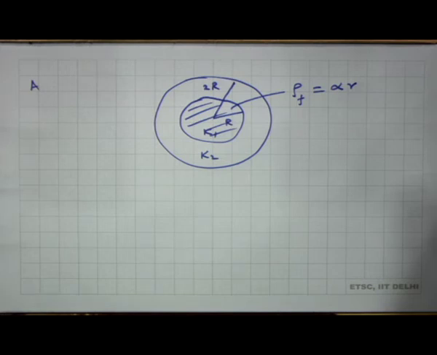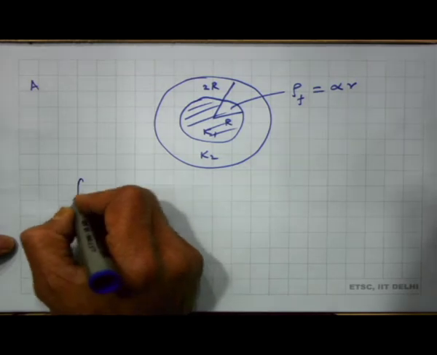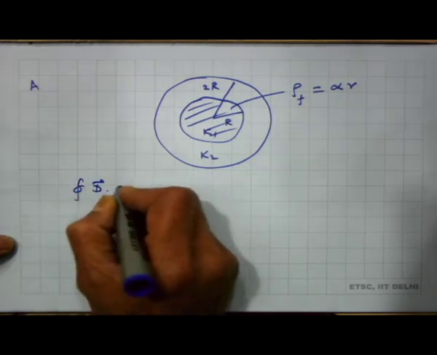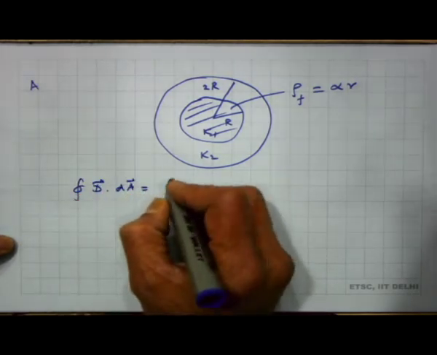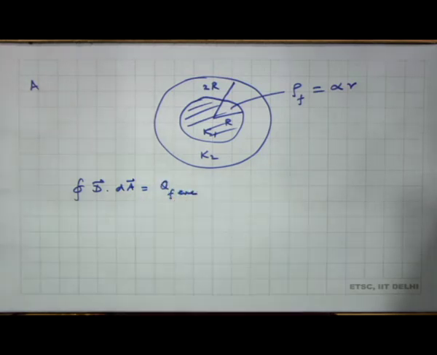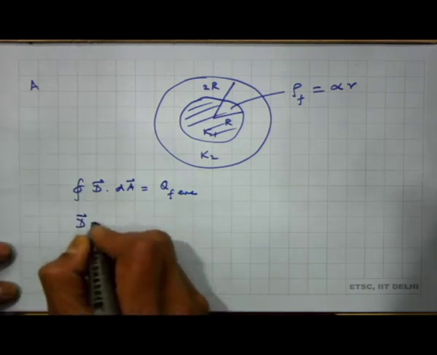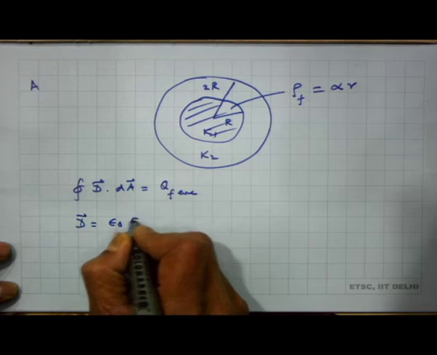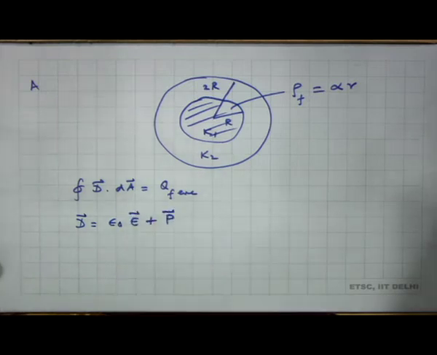Now, remember when we discussed Gauss's law in dielectrics, we obtained a very important form of Gauss's law, which is integral D dot dA is equal to Q_f enclosed. D is the displacement vector, defined as D equals epsilon_0 E plus P, where P was the polarization vector, and D dot dA is equal to the free charge